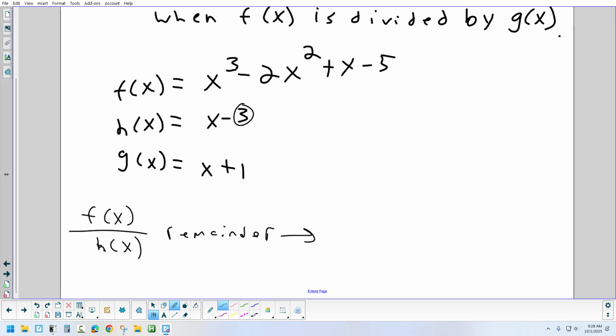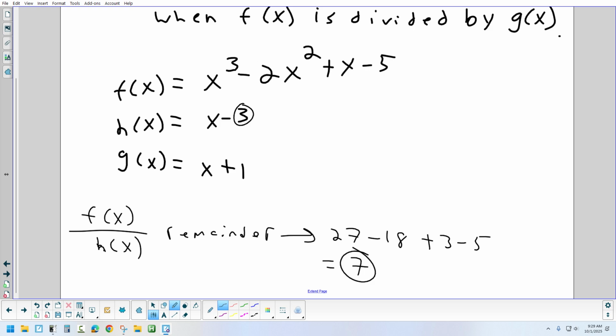Okay, so when we do this problem, the remainder will be 27 minus 3 squared is 9 times 2 is 18 plus 3 minus 5. Okay, 27 minus 18 is going to give me how much? 9. And 9 plus 3? 12. And 12 take away 5? 7. There you go. So when you divide f of x by h of x, you will get a remainder